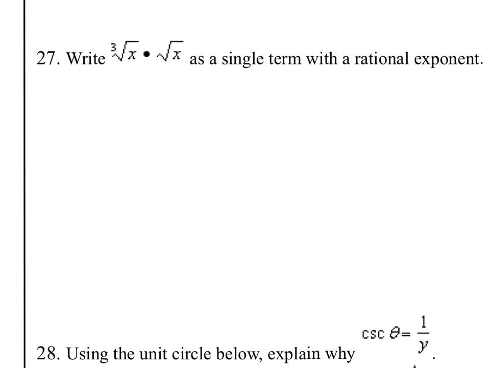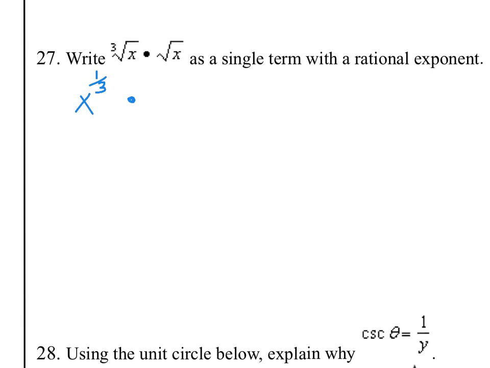So we need to write this as a single term. We now have 2 terms, and we want to write it with a rational exponent. So I think probably the easiest way to go about this is to do power over root, like we did on number 26. So I'm going to take the first term there, and I see that that's the cube root. So that means the power is 1, and the root is 3,